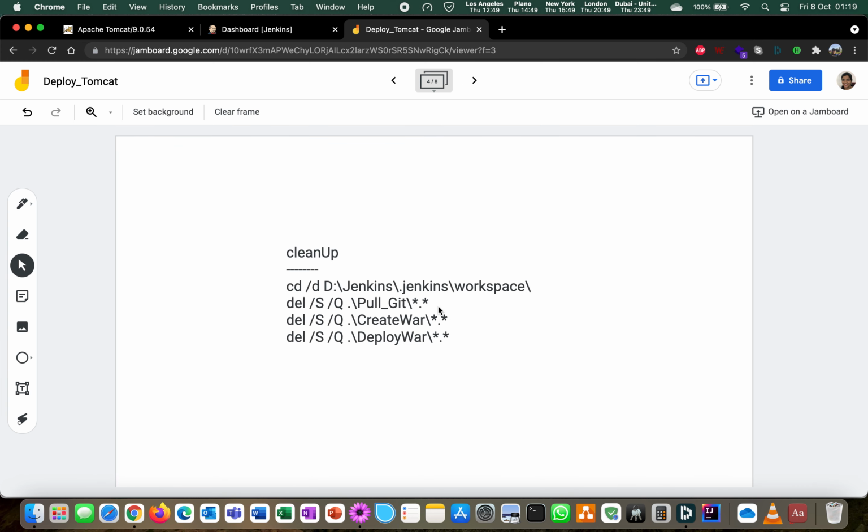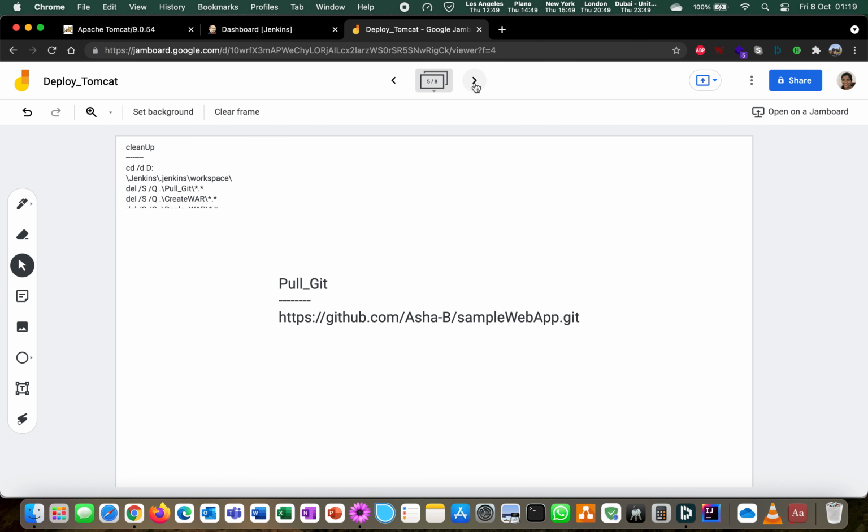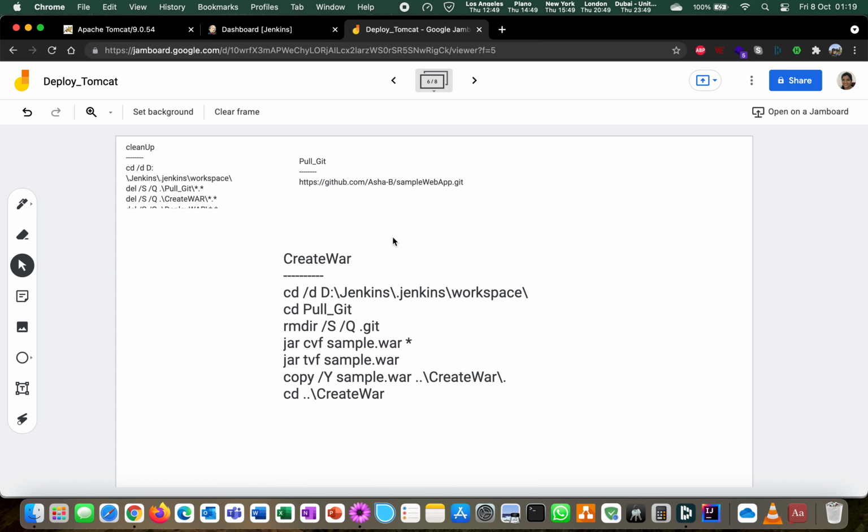The cleanup job will simply delete all the existing folders and files which are there. Then the pull git job will pull the existing web app from the given repo. The create war job will use the jar function to create a sample.war file.